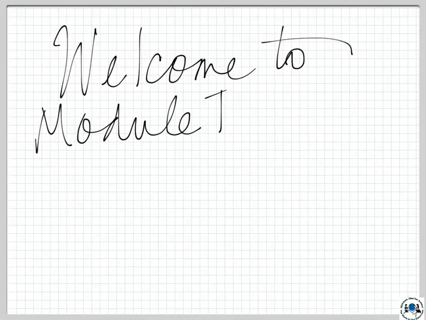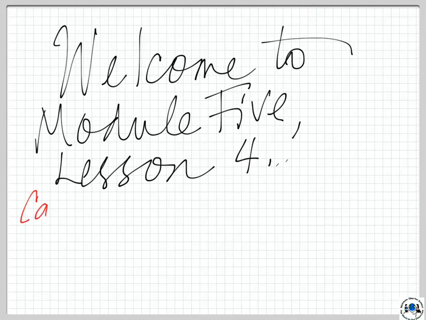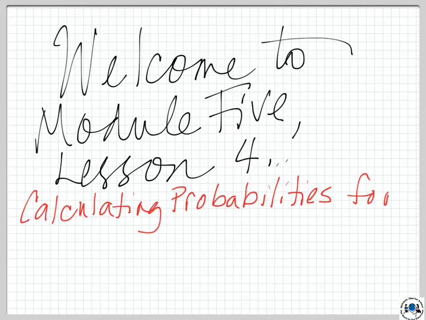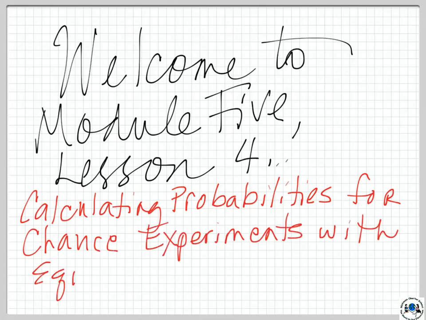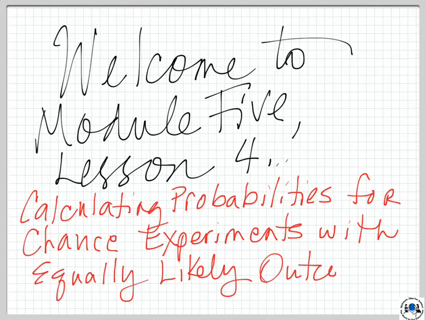And welcome to Module 5, Lesson 4, Calculating Probability for Chance Experiments with Equally Likely Outcomes. Okay, again, this is the second go-round for this one, and with no further ado,